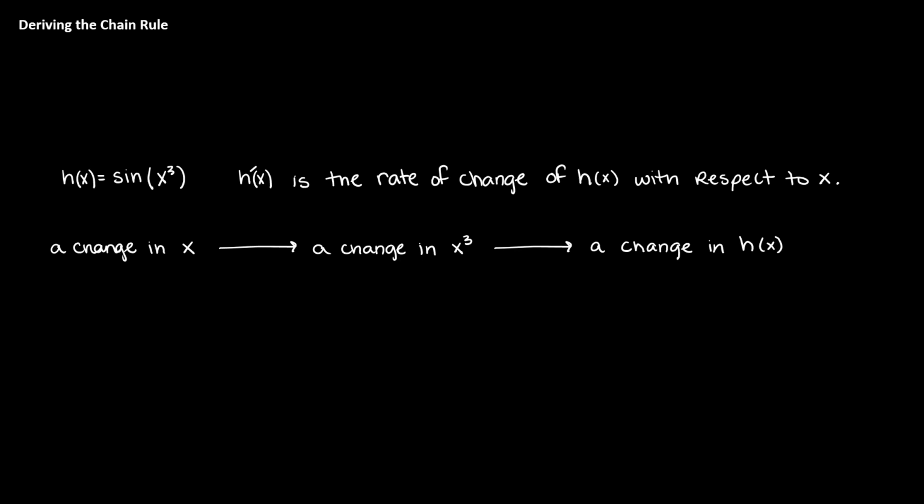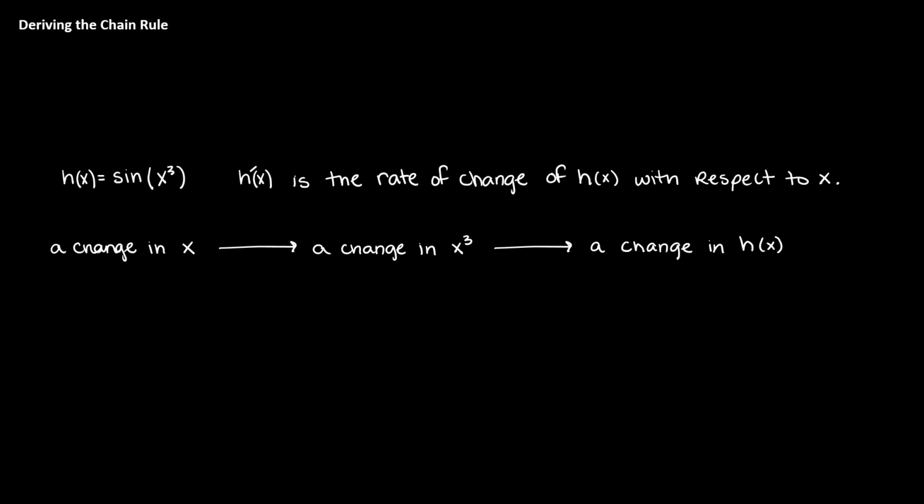Let's consider a function sine of x cubed. We'll call it h, and this function h is, by definition, a composition of two functions. If we're interested in talking about how h changes with respect to its independent variable x, then we would do the derivative, h prime. But notice that because this is a composite function, there's a bit of a chain reaction